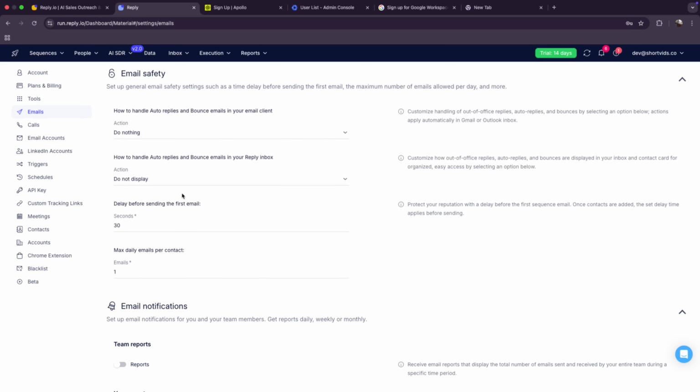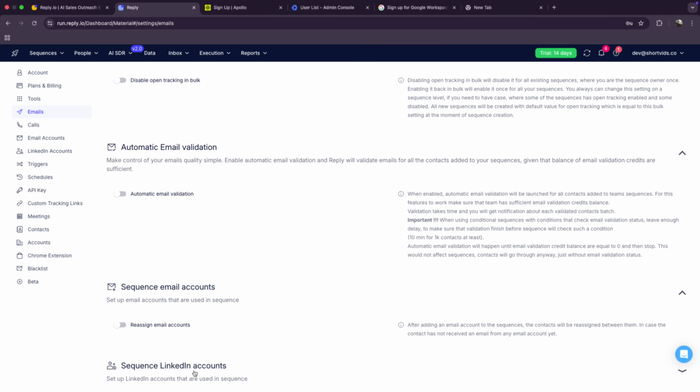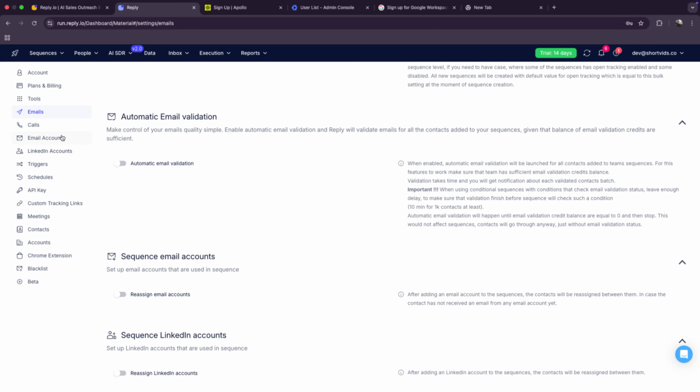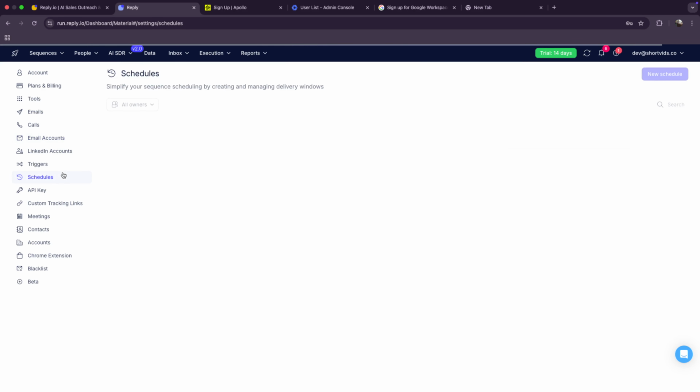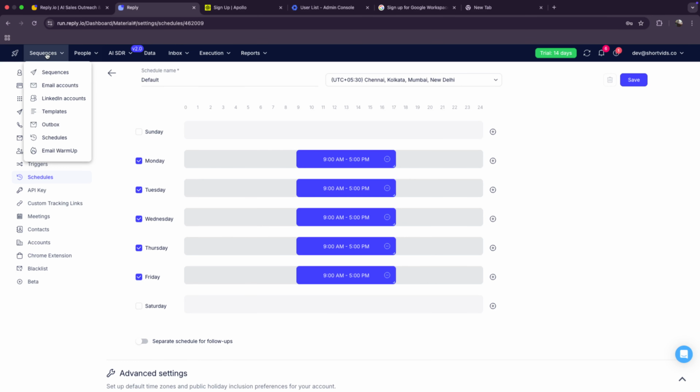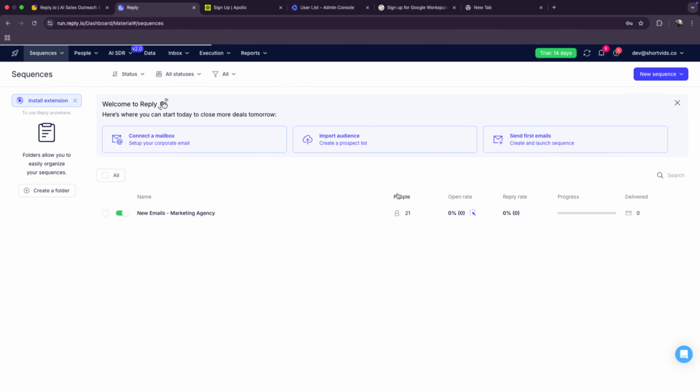Out of office, some reports. There is one setting here that needs to, like, not send emails on some days. No, that is not here. Yeah, schedules is where, I believe, 9 a.m. to 5 p.m. What is the current Chennai Kolkata time? So it's 5 p.m. It should have started to go, so it would take some time. Here we have launched our first marketing campaign, everything in front of you.